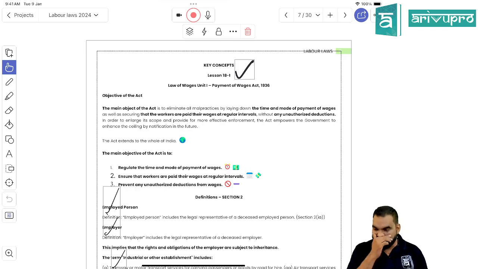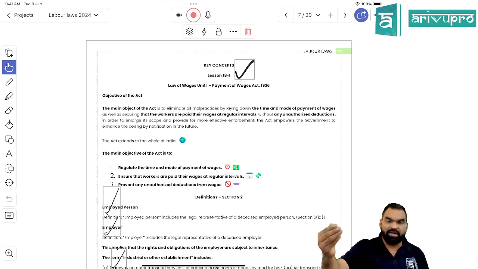Then section 15 states that if you are a victim of delay in payment of wages, or if you are a victim of unnecessary deductions and fines, in that situation you would have an option that either you yourself or through your trade union representative, or through a police officer or inspector, or through any other person duly authorized by the government to present your case, can put an application with the state authorities, right?